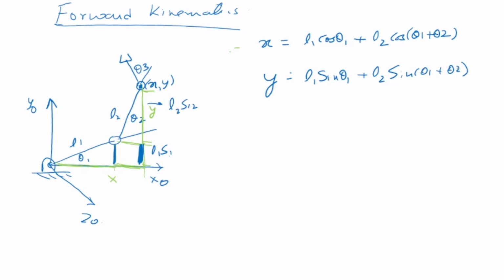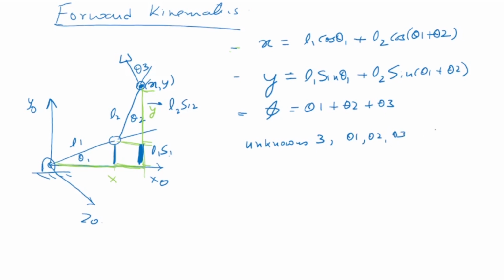Okay. Now, what is the total angle that it has rotated? The total angle is phi, which is equal to theta 1 plus theta 2 plus theta 3. So this is the position, and that's the orientation. These two are the positions of the third frame, and this is the orientation phi. So you have three unknowns, theta 1, theta 2, and theta 3, and you have three equations. How many are the unknowns? Unknowns are three, theta 1, theta 2, and theta 3, the joint variables.